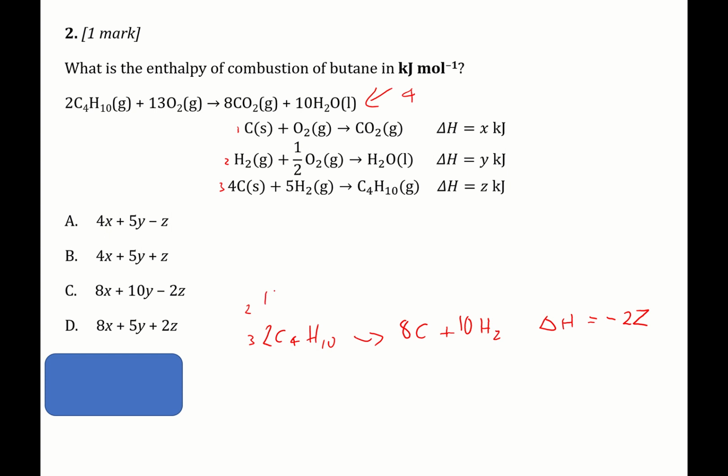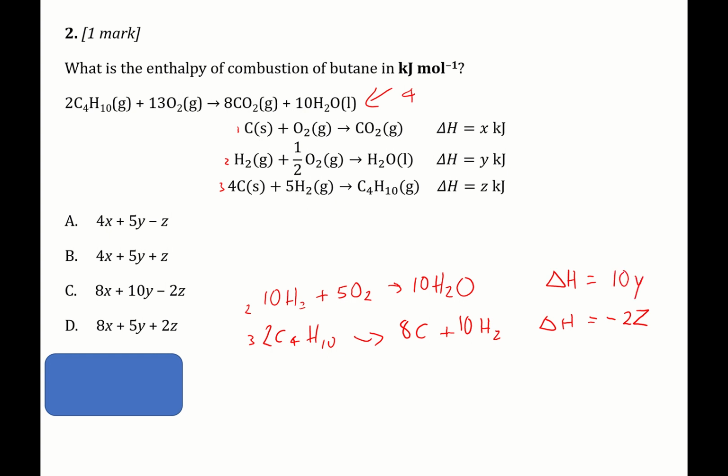We're going to go 10 H2 plus 10 times half a mole of oxygen, which would equate to 5 oxygens. Now I'm going to put 10 moles of H2O. This now ticks off the water that's been produced. So what we've done here is multiplied by 10. So the delta H for this now is 10